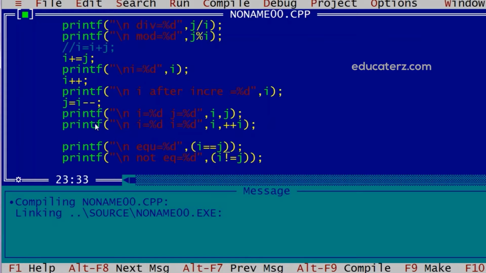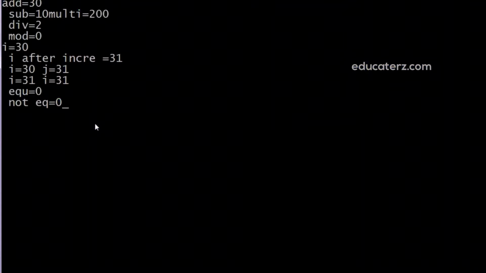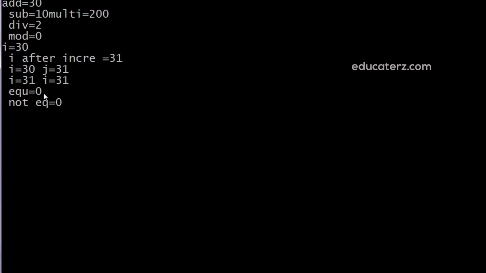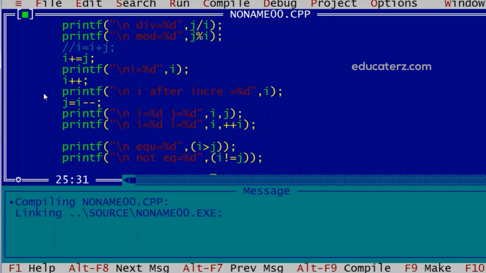Similarly, we can check the less than operator, greater than operator, etc. For example, if I give less than over here and execute this, it gives 0, means it is not less than. Then we have greater than. If we check, it also will give false, because the i and j values are equal. So this way we can use these relational operators.